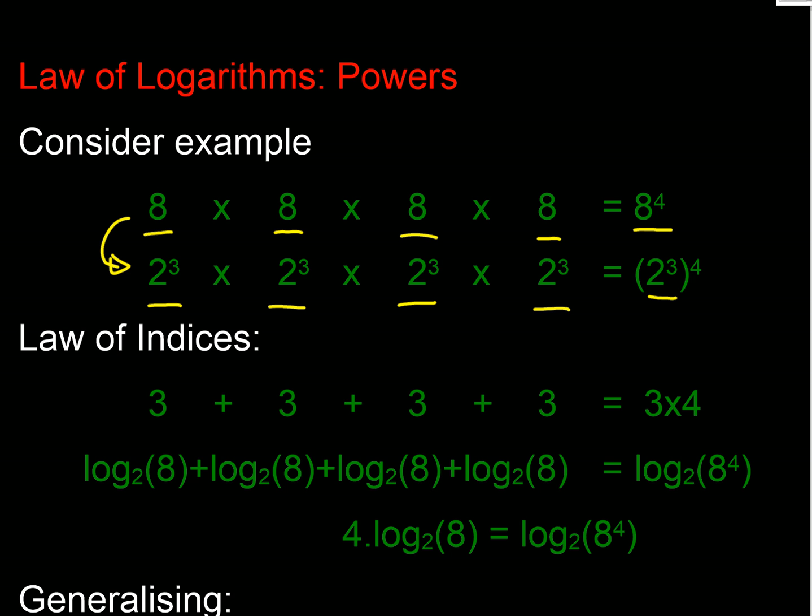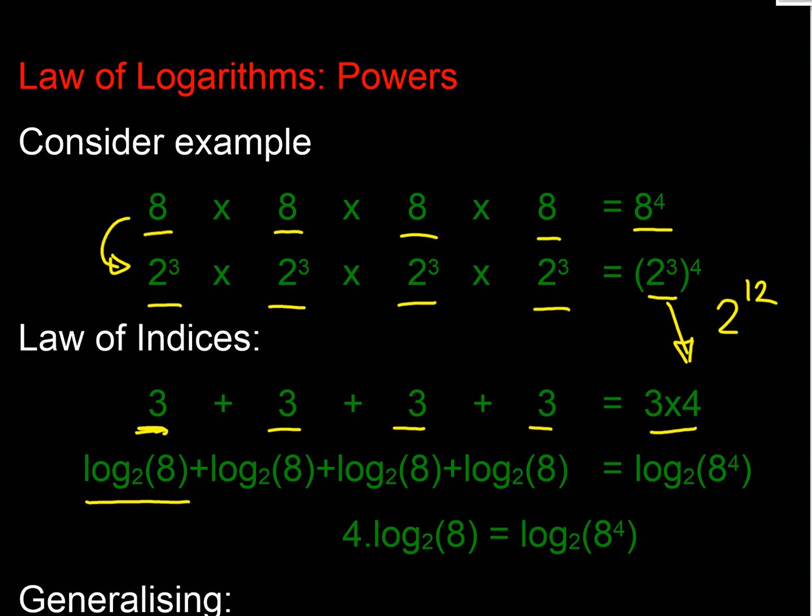And if we just looked at the indices to confirm that, we're happy that that's 3 plus 3 plus 3 plus 3. And on the right hand side, we know from our power law that 2 to the 3 to the 4 is actually 2 to the 12, isn't it? Because that's 3 times 4. So here's our 3 times 4. Now we know that